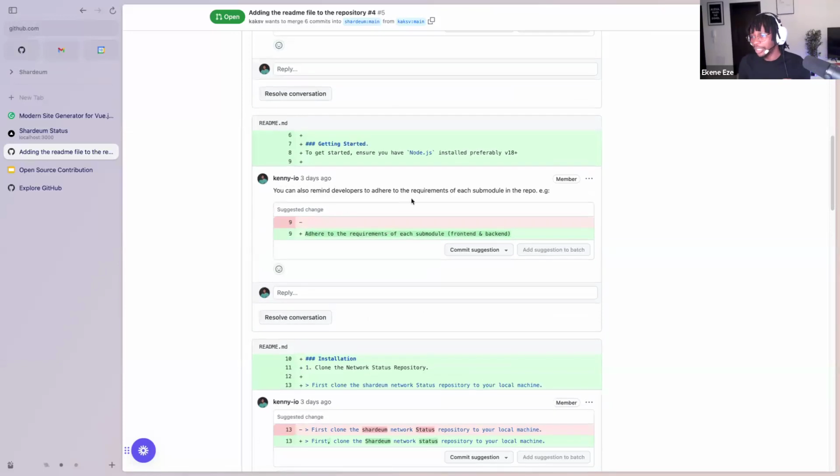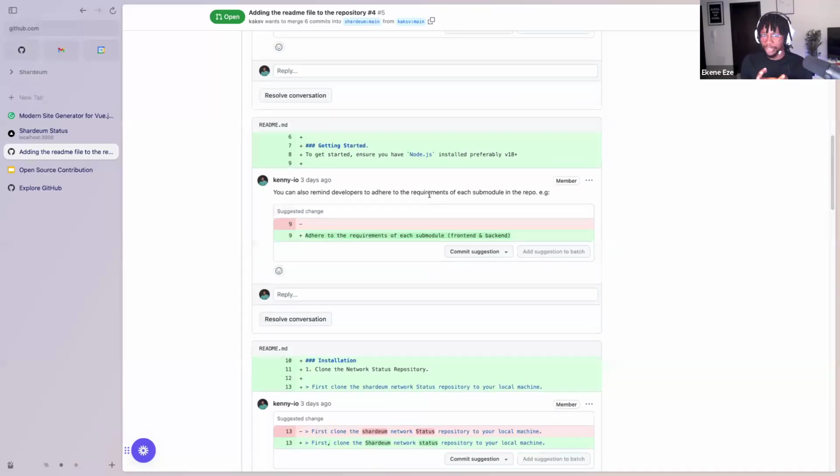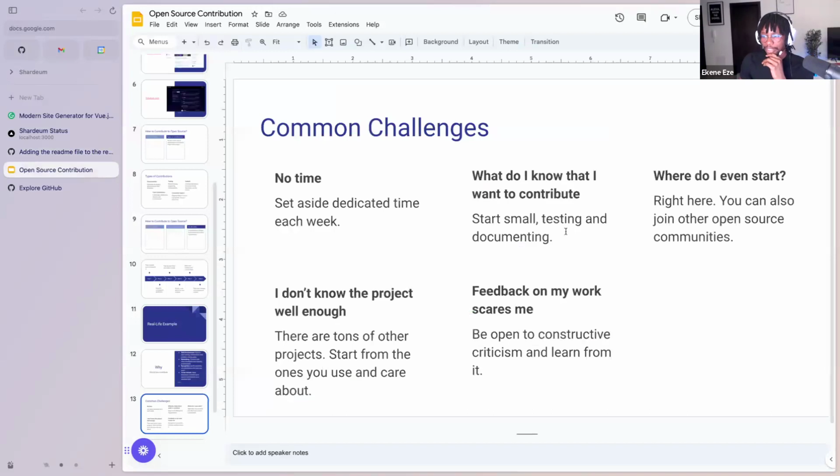So this is probably the kind of comments you can expect. No maintainer will come and start shouting at you or telling you that you did a bad job. It's basically going to be, hey, this thing is like this. Can it be like this? Stuff like that. So if getting that kind of feedback is why you're not yet doing your work or putting yourself out there, just do it, right? Nobody is going to shout at you.